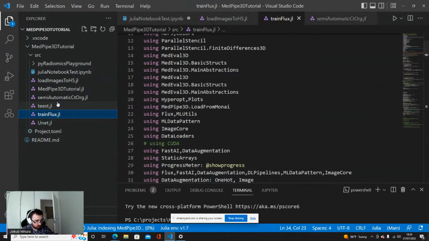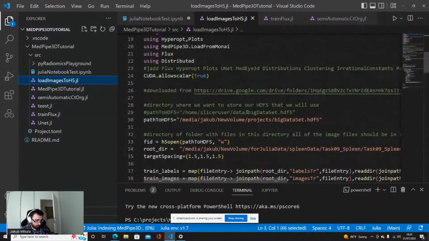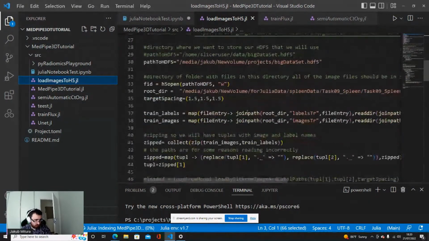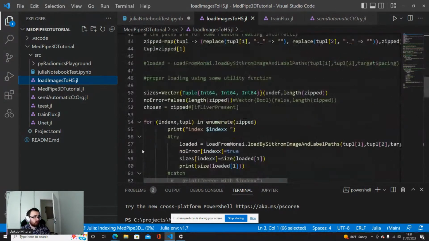So these are also files that you can find in the repository, just next to the Julia notebook. And here first is the load image. So what needs to be considered? First of all, of course, you need to load the images as you did at the very beginning. So load the paths as you did at the very beginning. Then we need to find the information which image is the biggest one. Why is this important, which image is the biggest?